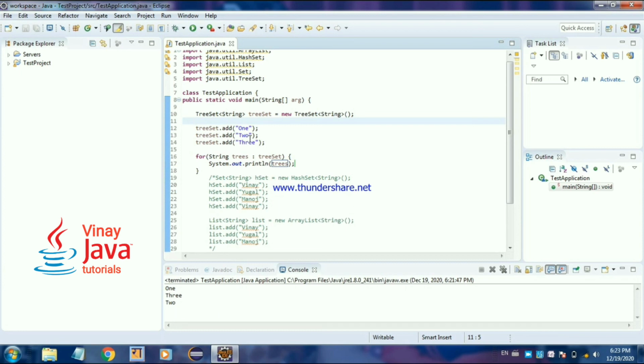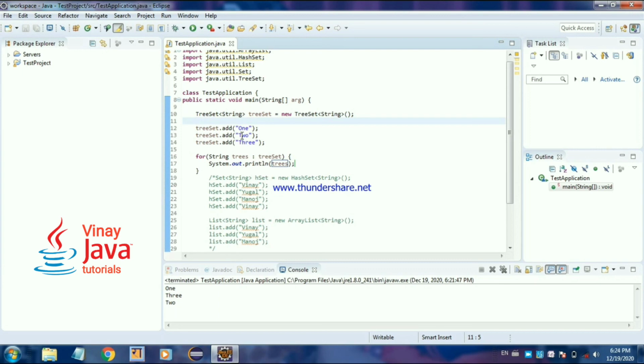And when TWO is compared with THREE, T and T are equal, so the ASCII value is the same. But when W and H are compared, W has a greater ASCII value than H. That is why THREE is coming second and TWO is last.